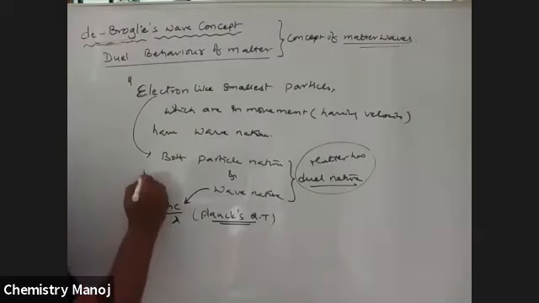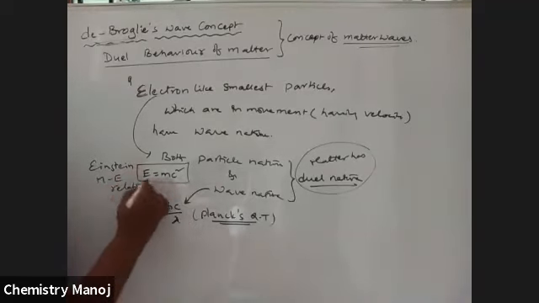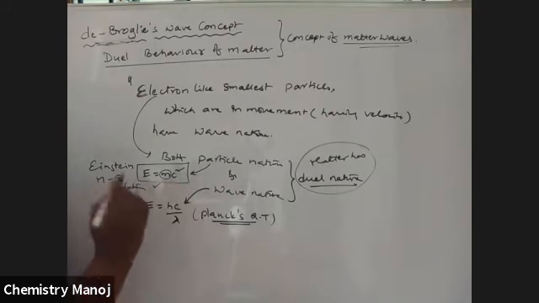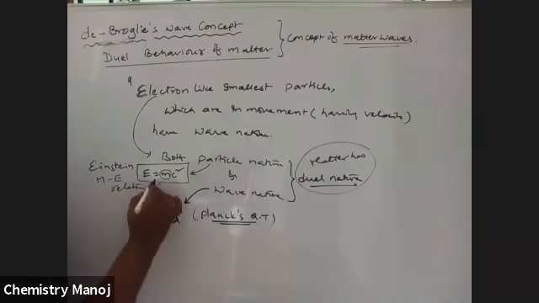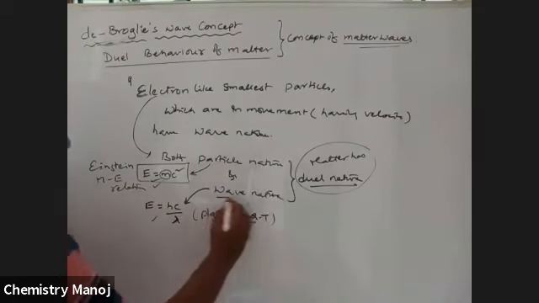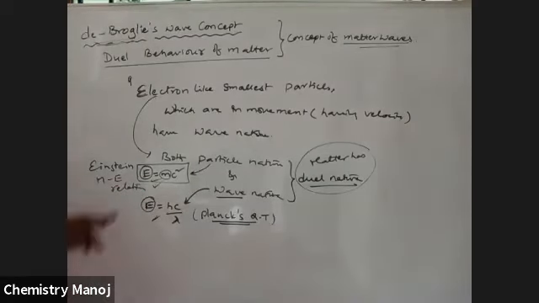Already we know that E is equal to mc squared. It is Einstein's mass-energy relation. Here m is the mass of the particle, and E is the energy of the particle having that mass. So E is mc squared for particle nature. That means this is the energy of the electron if electron is considered as a particle, and if electron has wave nature, this is the energy. This energy and this energy must be equivalent. Now equate these two energies.